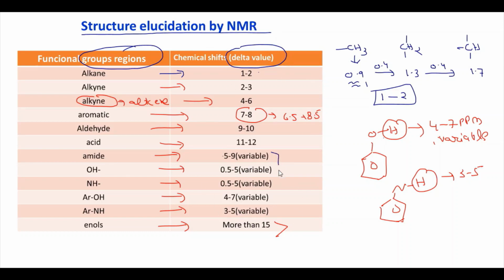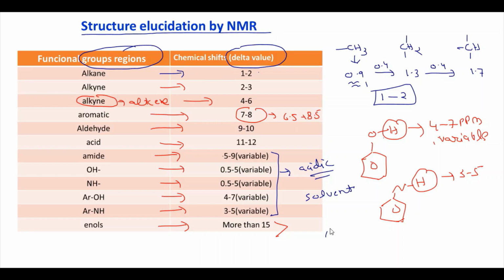Now I will tell you the meaning of variable. These protons are acidic protons, and since they are acidic they can be exchanged and we cannot predict what the value of those protons will be. That is why I have written variable here. The values of this type of protons depend upon various things. One of the most important is the solvent, which type of solvent you are using to record the NMR